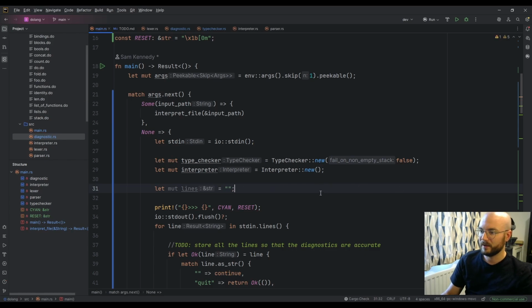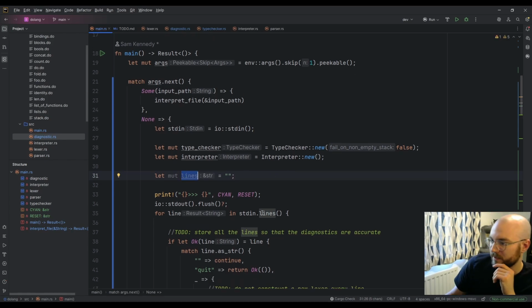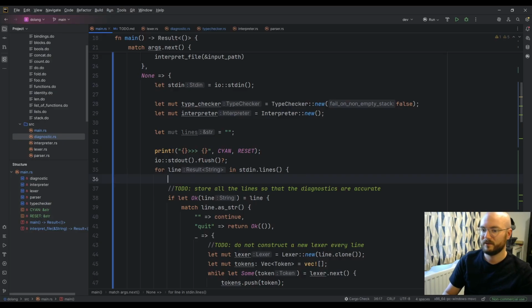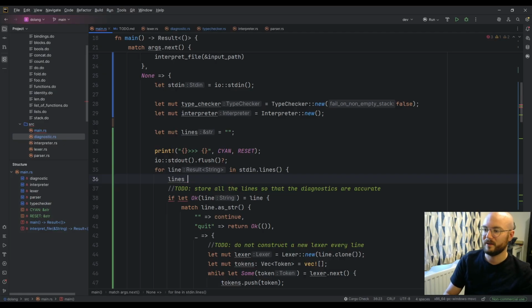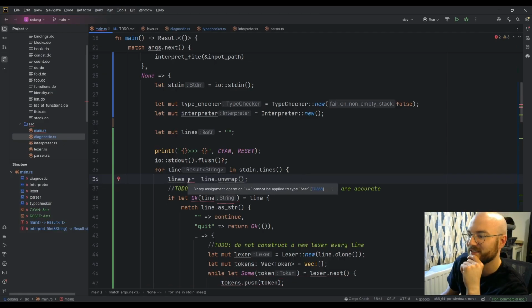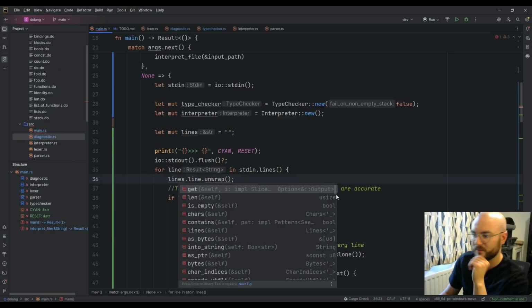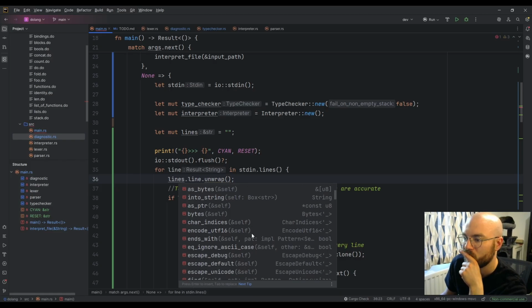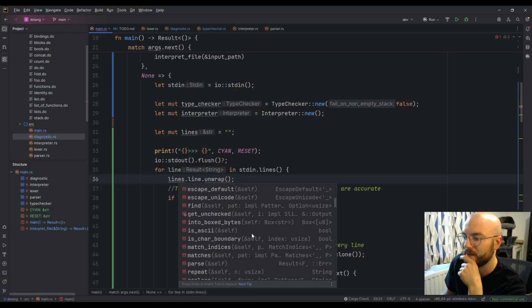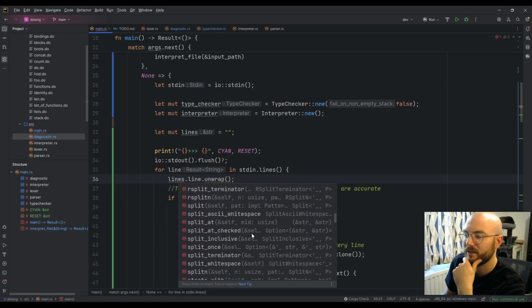No, we don't want that. Is it a good idea to just lines push, append, plus equals? No, you can't do that. Lines, what do we have? Yeah, maybe you could as vec and put it.